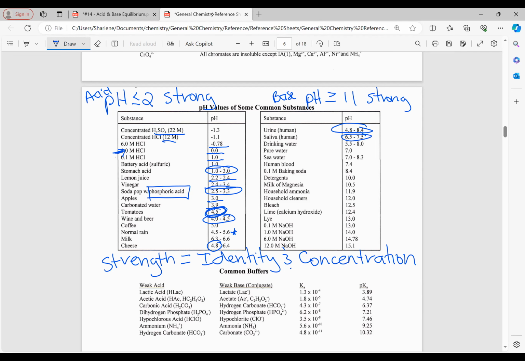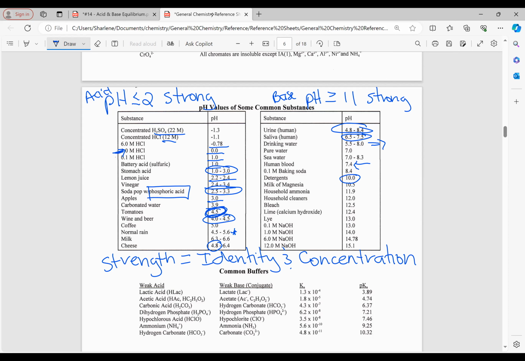Drinking water can vary greatly, somewhere between 5.5 and 8. And you can definitely feel the difference. The water in Idaho Falls tends to be very, very alkaline. We'll actually test that in lab. Okay, pure water, of course, is a perfect pH of 7. Seawater goes into the basic realm, 7 to 8.3. Human blood, okay, very specific. It can't change the pH by very much, and it's 7.4. Baking soda, 8.4. Most of your detergents